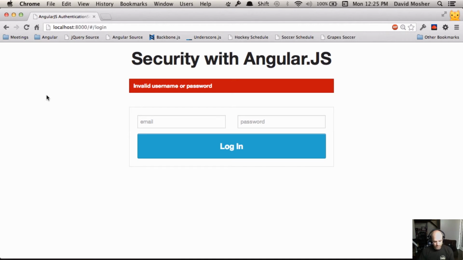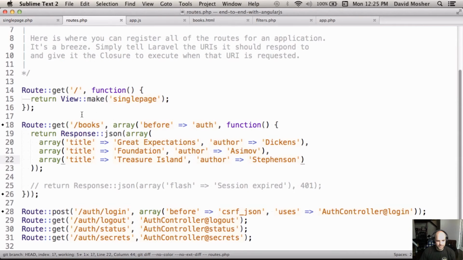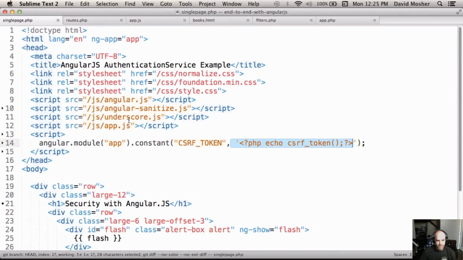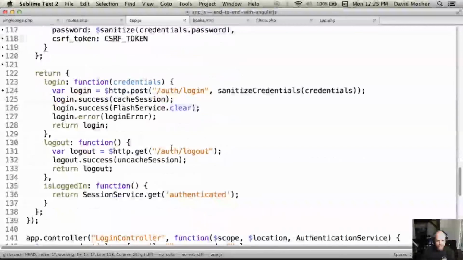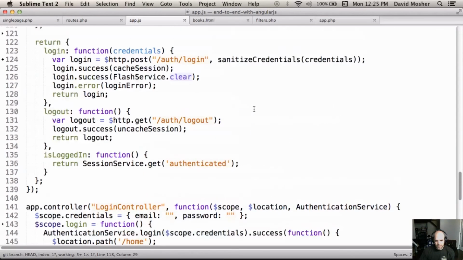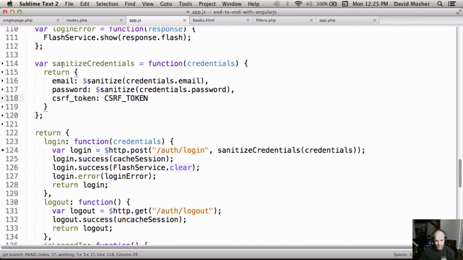And we basically took a look at how we can add some filters to our routes. This is Laravel specific, but I know that you can do the same thing in Rails. You can add filters. We talked about preventing cross-site request forgeries using that token. We injected it a couple of different ways using ng-init, and then the more elegant way using constant, so that it's injectable as a dependency and not just something that's stuffed onto the root scope that all the child scopes can inherit from. And then we looked at pulling that concern of adding the CSRF token out into our authentication service